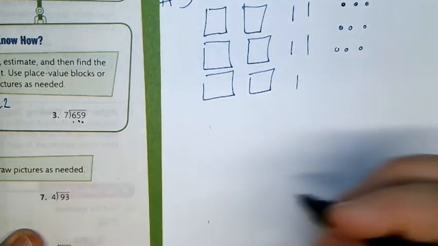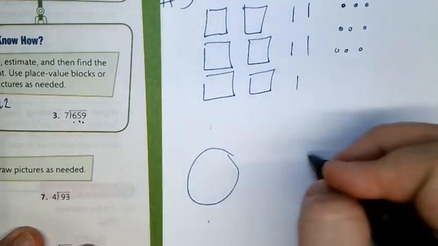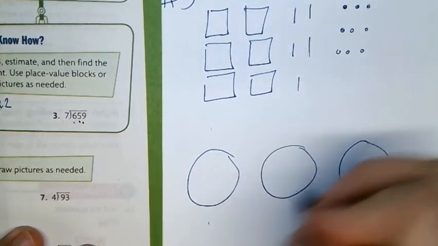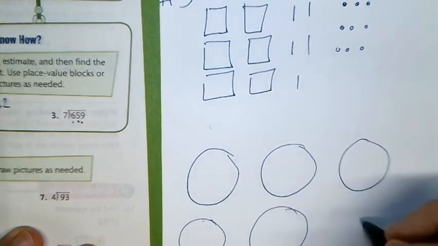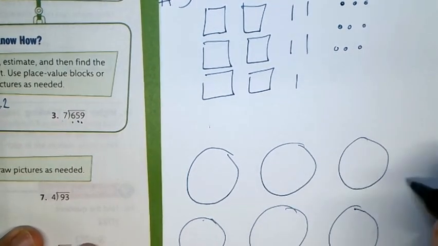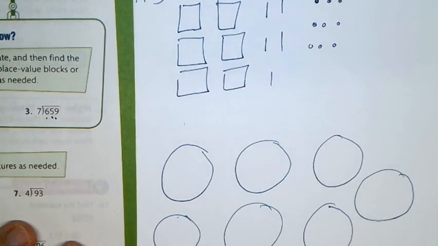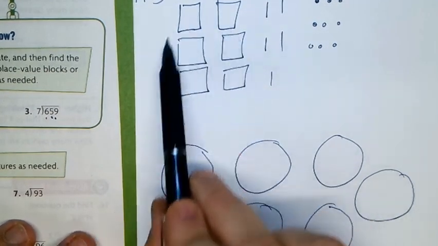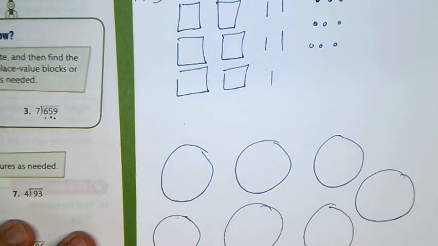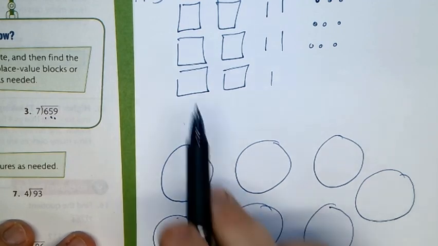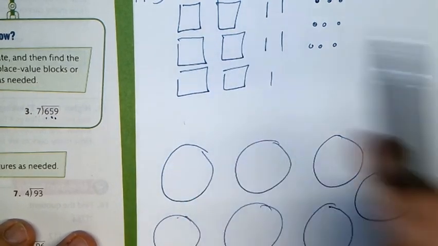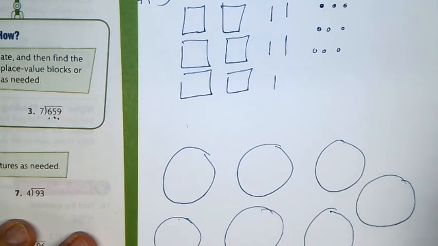7 equal groups. So down here, I'm going to put 1, 2, 3, 4, 5, 6, and then number 7 is just going to go over here. All right, cool. So we got them all there. Now, when I look up here, I go, okay, do I have 7 hundreds to put here? The answer is no, I do not, right? I don't. So I need to take these 600 and I need to break them into a lot of tens